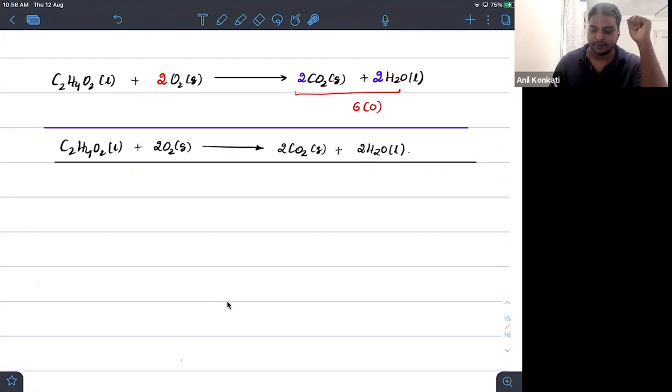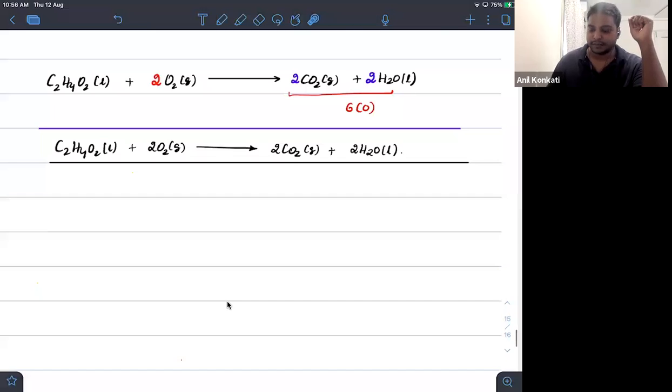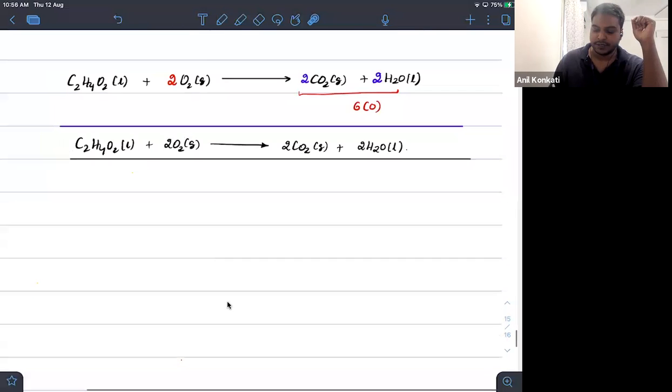Now look at oxygen. For oxygen, always start with products. See, how many oxygens does the product have? 2 twos are 4, plus 2 into 1, that is 2. So 4 plus 2, 6 oxygens on the right hand side. So 6 should be on the left hand side. 2 are there already. So how many should we have here? We should have 4. It appears like we have only 2, so multiply with another 2. So 2 twos become 4. So we have 4 plus 2, 6 oxygens. So it is a balanced equation.